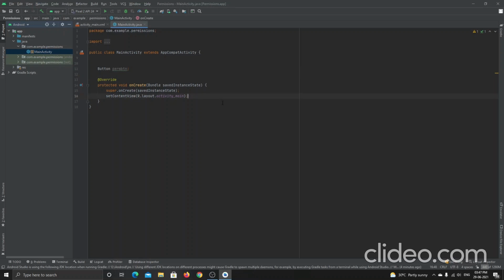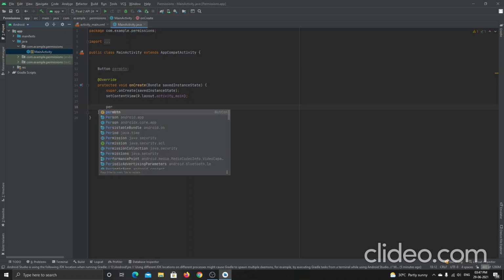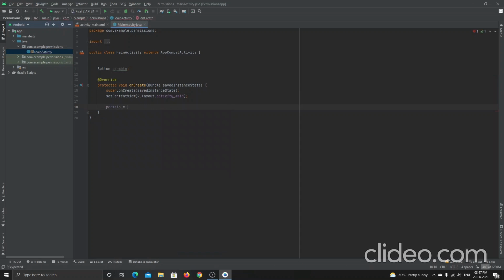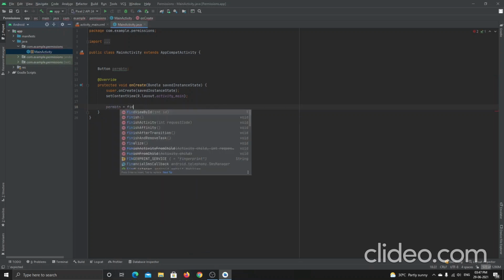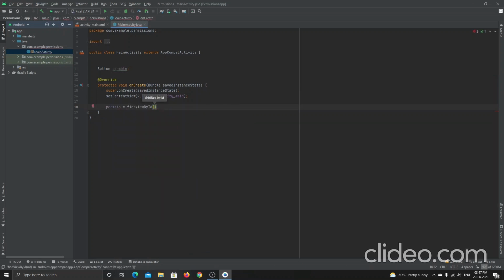Now I will go inside this one and link it. Perm button is equal to findViewById, and inside this I'll use R.id.perm btn. Now I've linked the perm btn button.